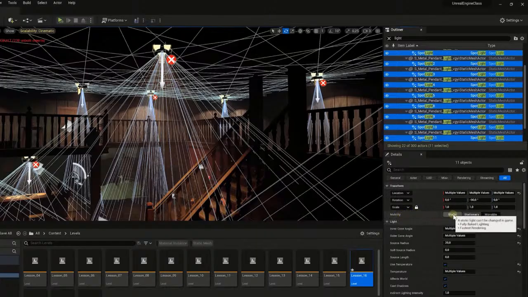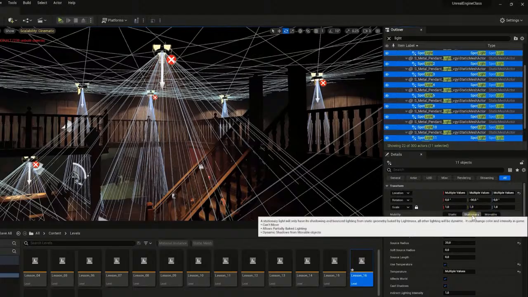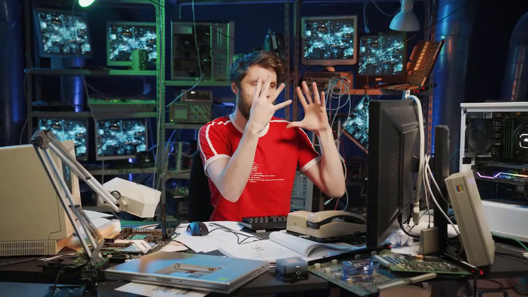And we have 3 options: static, stationary, and movable. It's currently set to stationary. That means that the lights or these actors, by the way, we have this option with meshes as well, with almost everything, that these meshes or actors are fixed. They are stationary. They are set to one position and they will stay there. But they have the ability to change in properties, like the intensity can change during the scene, or perhaps the color of the light,